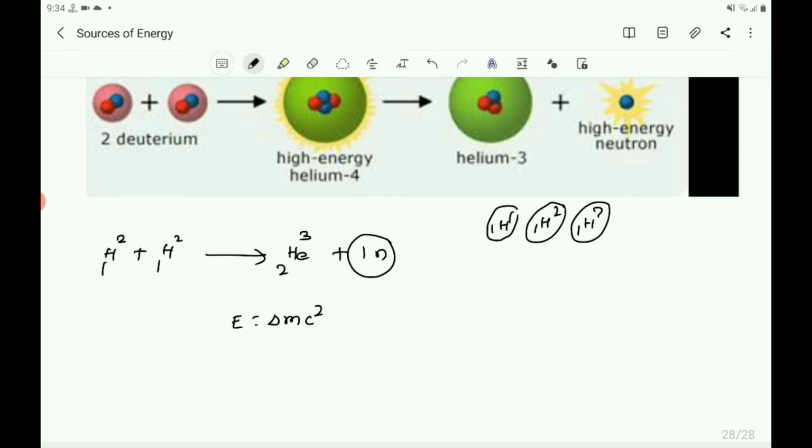So such nuclear fusion reactions are the source of energy in the sun and the other stars also. It takes considerable energy to force the nuclei to fuse. The conditions needed for this process are extreme: millions of degrees of temperature and millions of pascals of pressure. So this reaction takes place under high pressure and high temperature. In the sun, nuclear fusion reaction takes place under high pressure and temperature in the interior part of the sun.